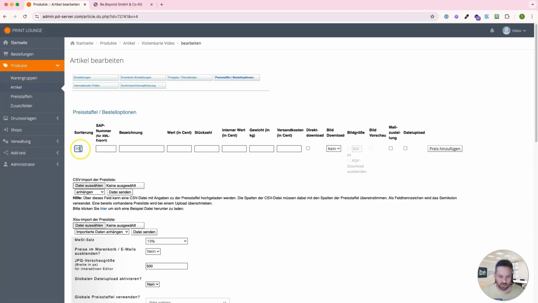In the first step, we basically generate a drop-down menu where the buyer can select the order quantity. The sorting 100 is our first entry. The label, that's what the buyer selects in the front end, so to speak. So in the drop-down menu, it will say 100 pieces. A value in cents, that's what it costs. And again, the quantity as a pure number so the system can later use it for evaluations or for free